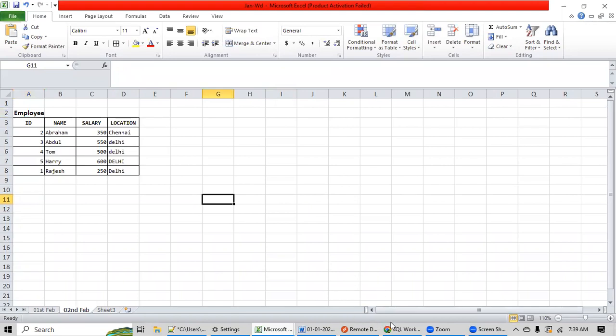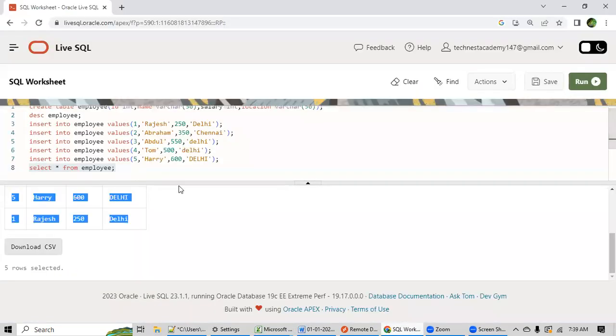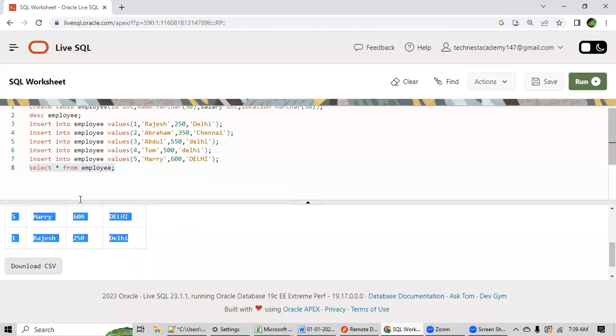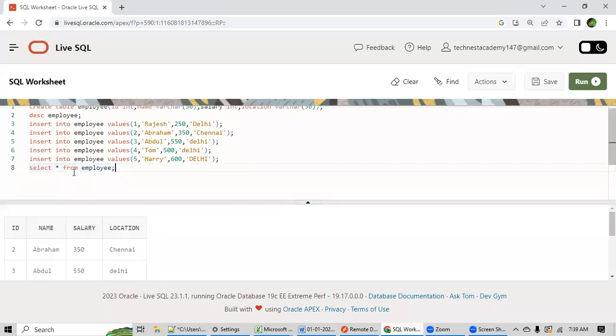Now suppose my manager is asking me to show the employees who are from Delhi. We have discussed this yesterday. So it means I have to apply a filter. To apply a filter, we have the where keyword. So what is the condition?